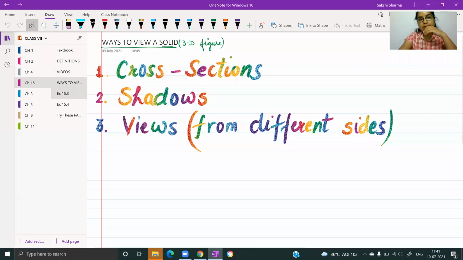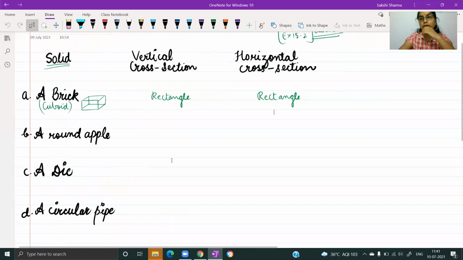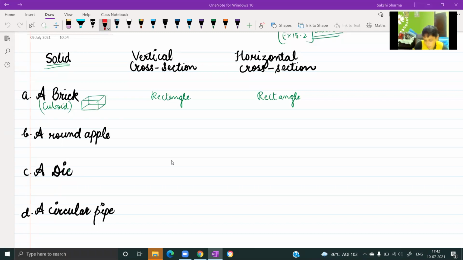You don't have to be precise with the drawing. It's only a reference. तो अगर आपके पास क्वेश्चन आता है जिसमें आपको किसी भी क्यूबॉइड के लिए क्रॉस सेक्शन पूछा है, कोई भी क्यूबॉइड वाली शेप हो, तो आपका आंसर क्या होगा? वर्टिकल के लिए भी रेक्टेंगल होगा, हॉरिजॉन्टल के लिए भी रेक्टेंगल होगा। मैम जो क्यूब से दोनों में वो आएगा।